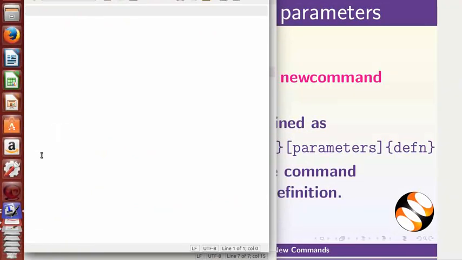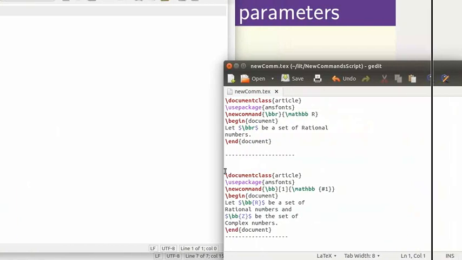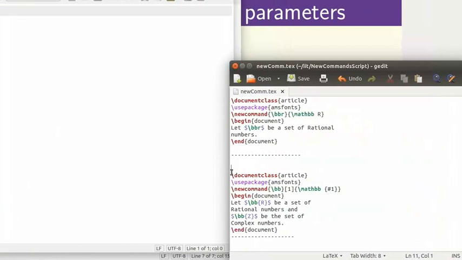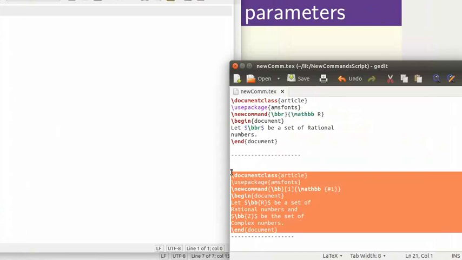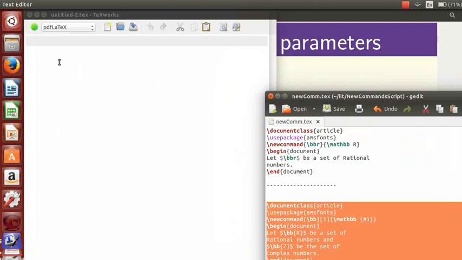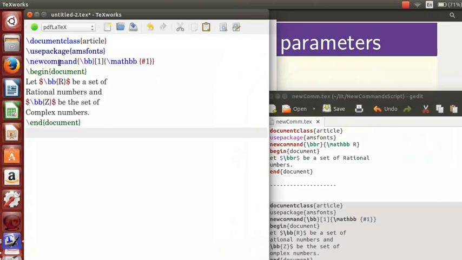Now switch to our downloaded code file. We will copy the next block of code from our downloaded code file and paste it into our new TeX file.